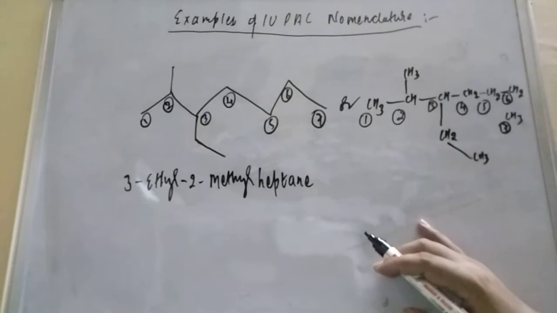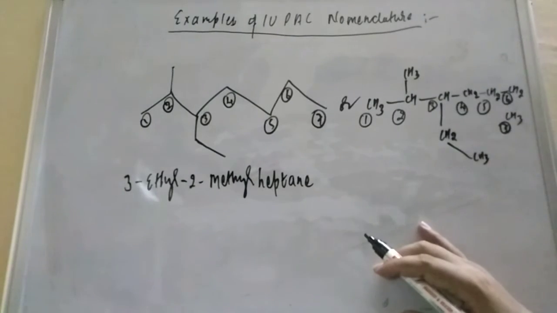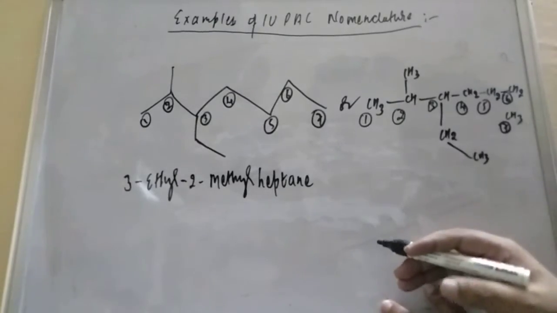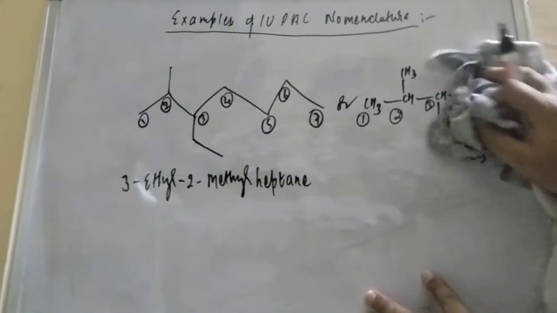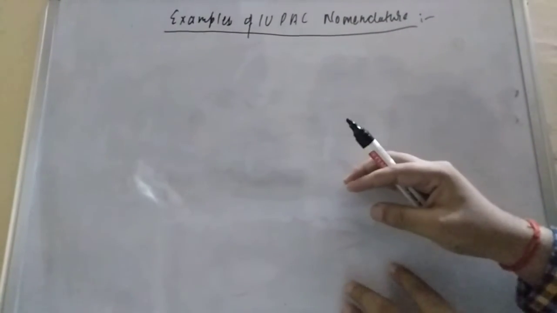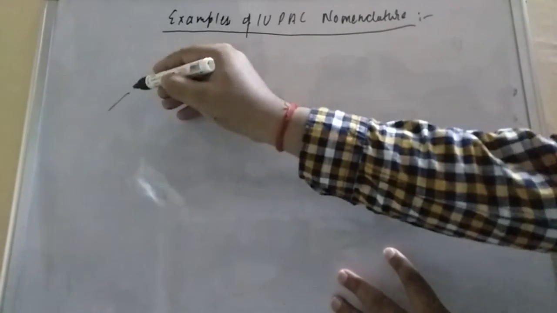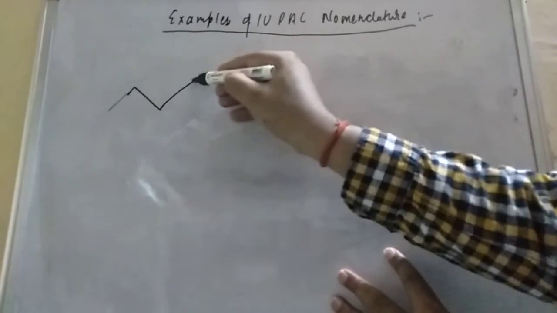Now student, let us move and write the name of a slightly more difficult compound. Okay, slowly you will be able to understand, student. Now student, we are taking more prefixes. A slightly larger, complex compound we are taking. So what is the compound I have taken, student? This is the compound, student.